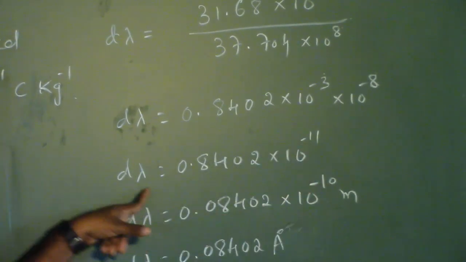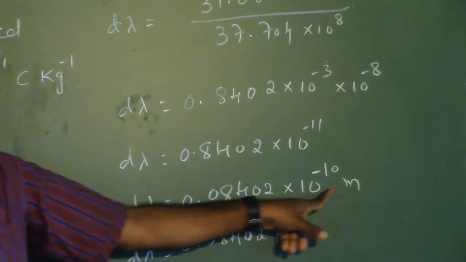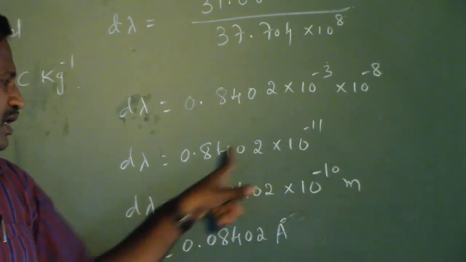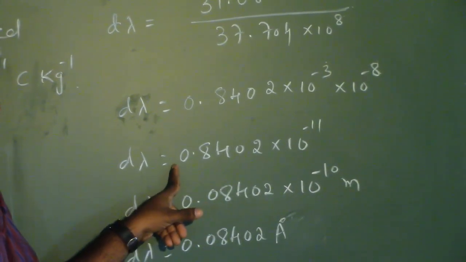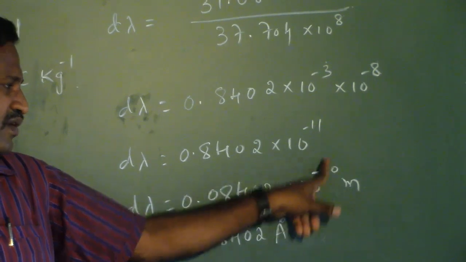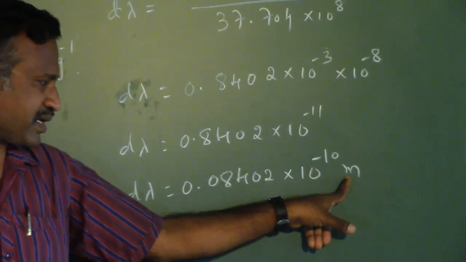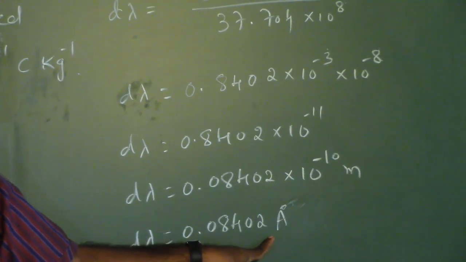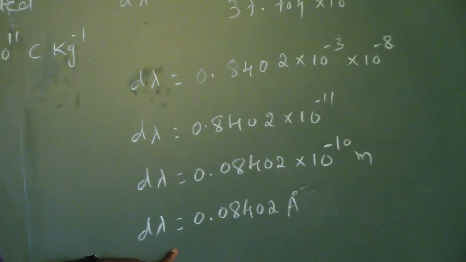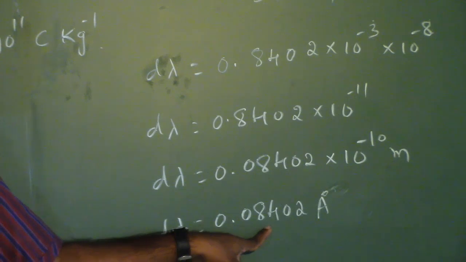Since we have to express wavelength in terms of meter or in terms of angstrom, I am shifting this decimal point towards the left-hand side such that there is an increase in the power, and the power will be 10 to the power of minus 10. So 10 to the power of minus 10 meter is nothing but 1 angstrom. Therefore, the answer for this given problem will be 0.0840